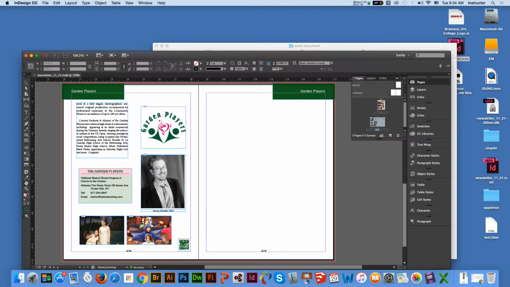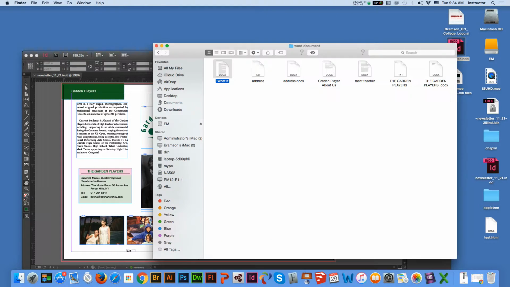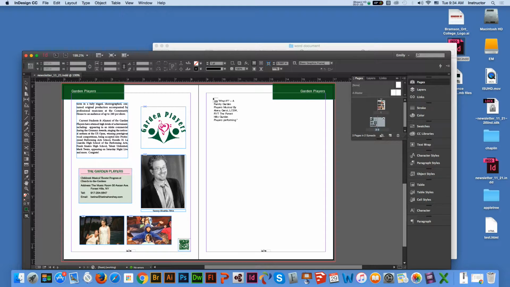There's another way, and it is very simple. If you have a text document, you can just drag and put it on your InDesign. Notice you got this content cursor here, and you just need to drag,